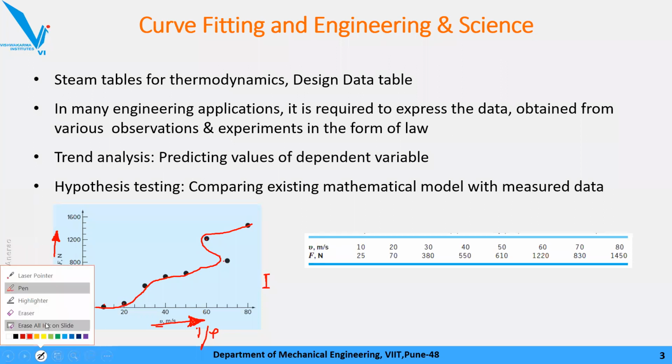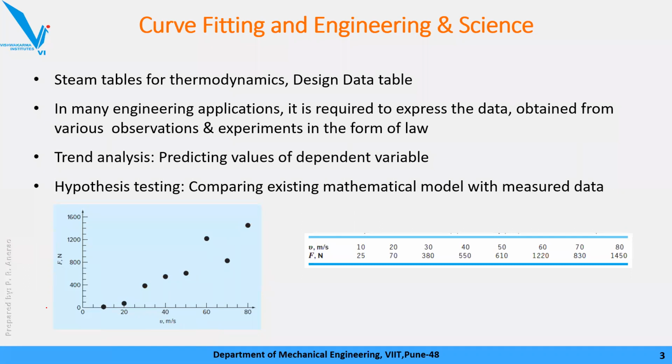Now if we go for the second case, that means maybe our experiment has some error, the data obtained from this experiment has some error. So at that time, instead of having a curve passing through each and every point, now remember, it's very difficult to come up with the equation of a curve which will go through each and every data point. So simply what I can do is assume that the trend looks like it is following a linear line, or a linear curve. Now this is our approximation.